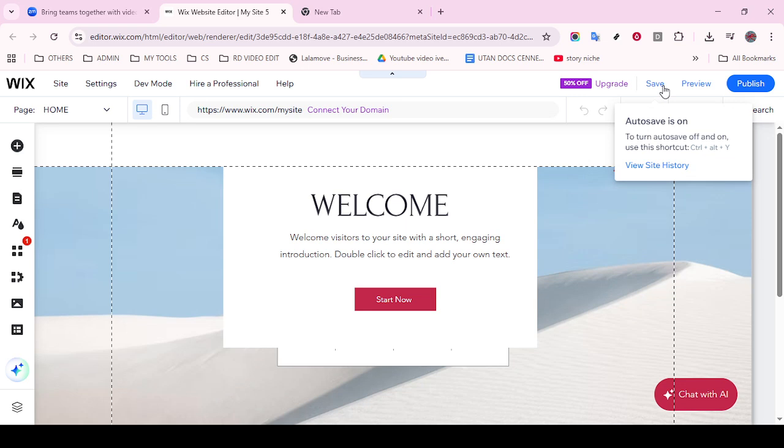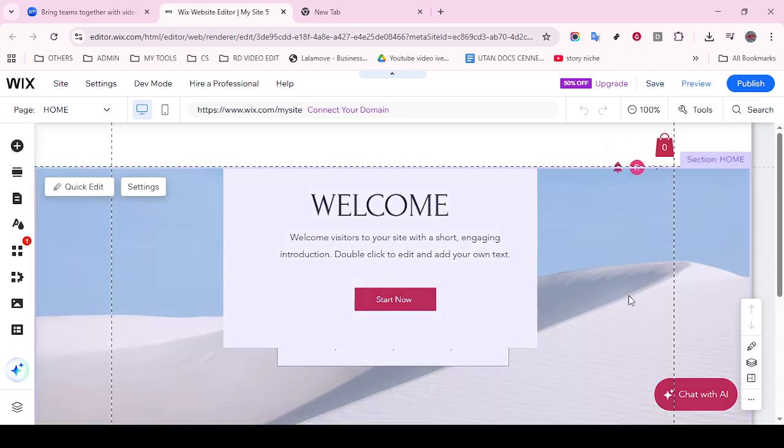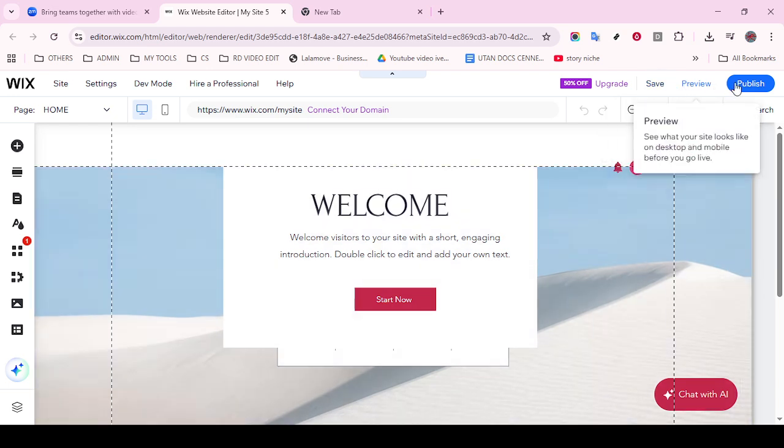Finally, to save these adjustments and ensure your audience benefits from these fixes, you'll want to publish your changes. This ensures everything you've adjusted in the site editor is translated to the live version of your website. It's always a good practice to give your newly updated site one last look after publishing to confirm that everything's aligned with your expectations. By following these steps, you should be able to troubleshoot and resolve any scaling issues on